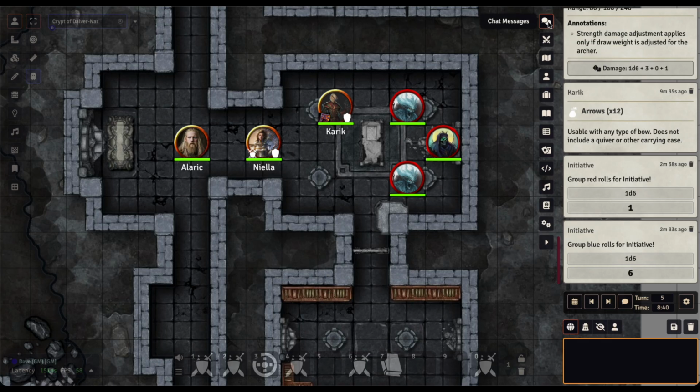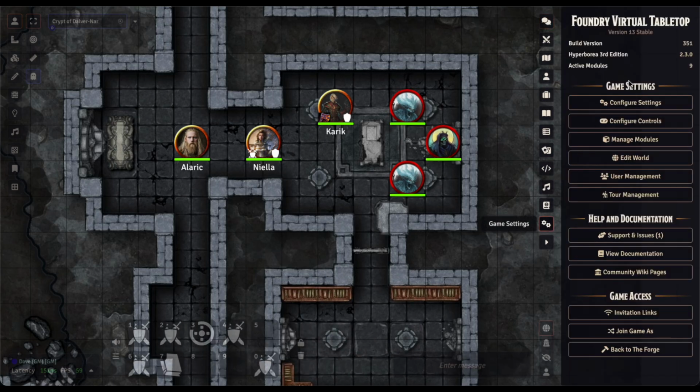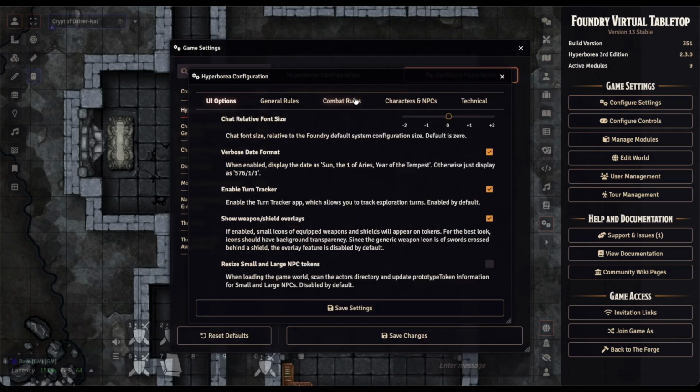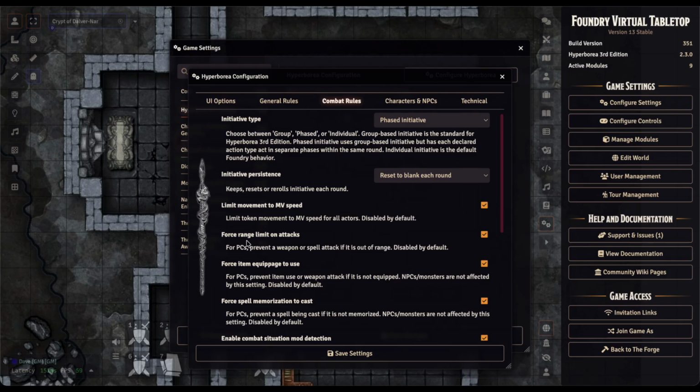And there was one bug fix that I haven't mentioned yet in release 2.3. There was an issue where a spell with a range on it could not attack a target in an adjacent square from the caster. The reason that came about is, I'll show you the setting that I'm talking about, there's a combat rule set, forcing range limit on attacks, and what this does is prevent a weapon or spell attack if it's out of range. It's disabled by default, but if you enable it,